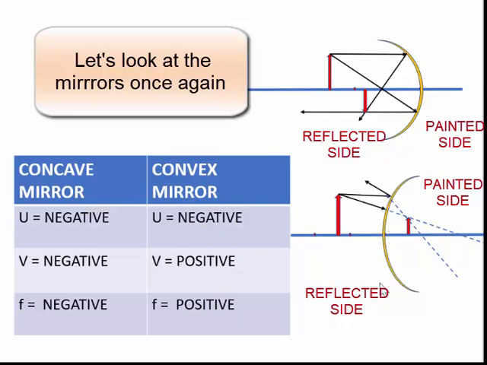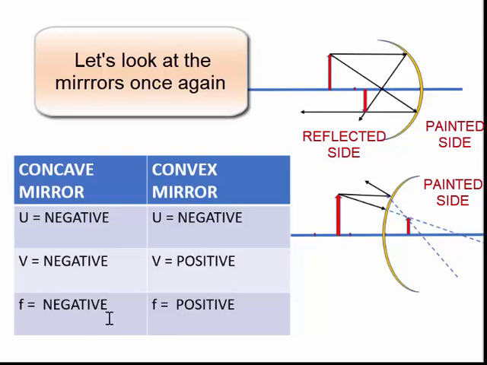Now if you see very carefully, what is that focus which is involved in image formation? Is this focus on the left side or on the right hand side of the pole? This is the focus which is involved in image formation in case of convex mirrors. So this focus is on the right side of the pole. That's why we write our focus as positive. The object distance in both the cases will be negative. However, the image distance will vary. Image distance in case of concave mirror will be negative, whereas in case of convex mirror it will be positive.